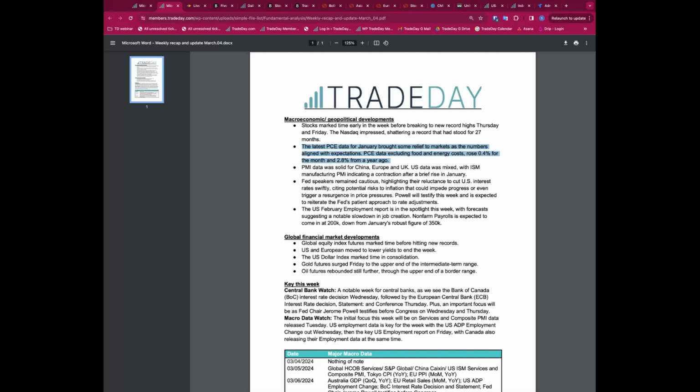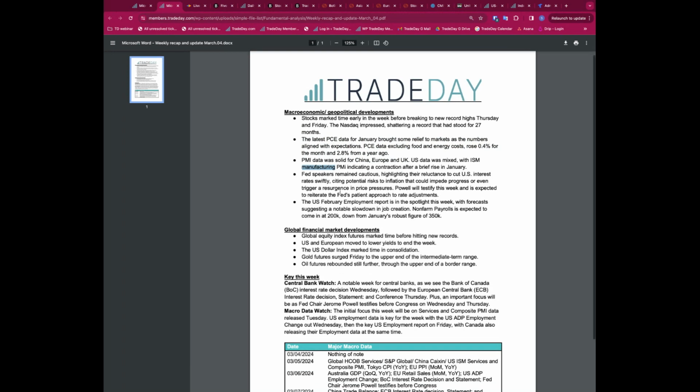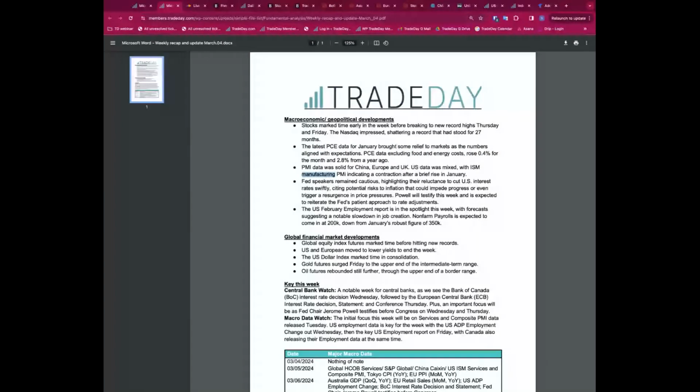When I say the market, I'm talking about the stock indices, and we went higher in price. And then the PMI data was fairly decent from China, Europe, and the UK. US data was mixed, with the ISM manufacturing PMI in contraction, but nevertheless, the market still went higher. If anything, if the data is slightly weak, the market's liking that. Why is the equity market liking that? You would think weak data, poor for the economy, poor for stocks. Well, if it's only slightly weak, it's not showing that we've got a significant risk of a recession or a hard landing or a particularly significant slowdown in the economy.